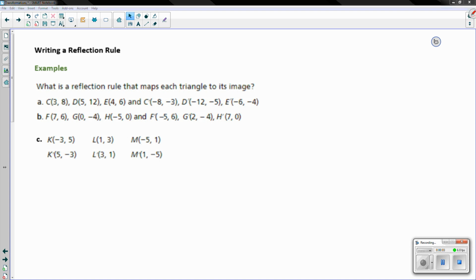This video is going to cover how to write the equation for the line of reflection when we're given a set of pre-image and image coordinates. So before we jump into these three examples, let's just recap some of the basic principles behind a reflection in